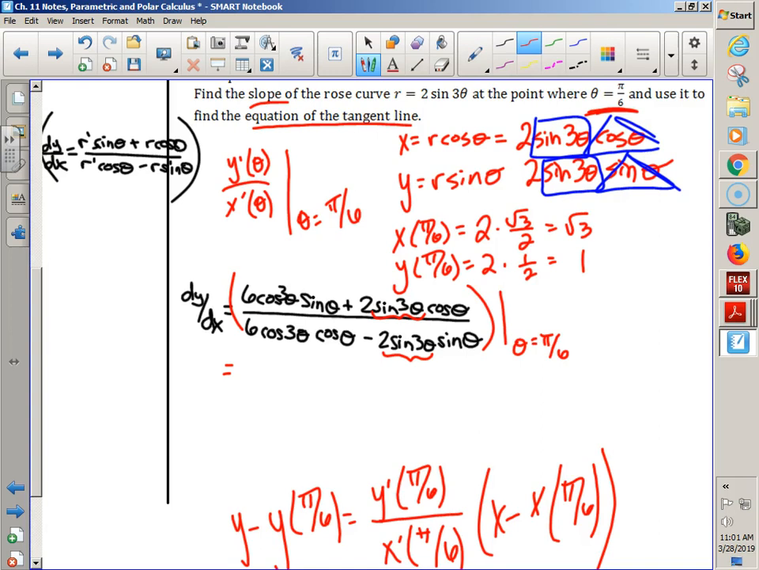I could do the same thing for r prime, so you could do r of pi over 6 is r prime of pi over 6. Just thinking about r prime, that'd be 6 sine of 3 theta. No, 6 cosine of 3 theta. That'd be 6 cosine of pi over 2. Oh, it's 0. Oh, that's nice. So that's 0. That's 0. That's 2 times cosine of pi over 6 would be